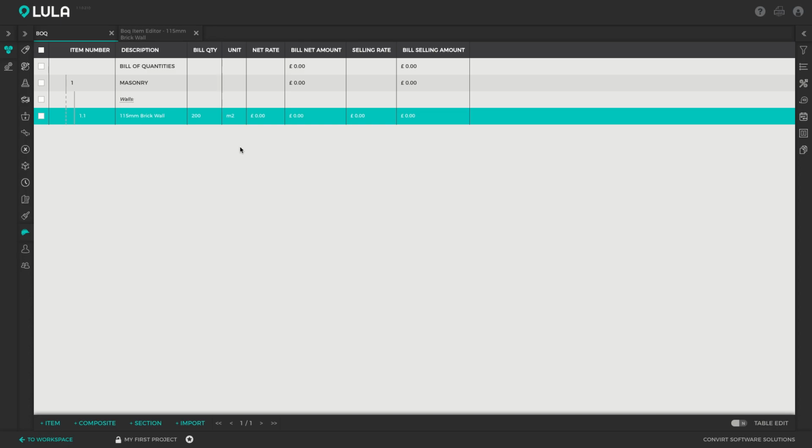Okay, so that's a brief introduction of creating some sections and bill items and adding items to sections and updating the properties of items, and that should give you the basic tooling necessary to start setting up your own bills